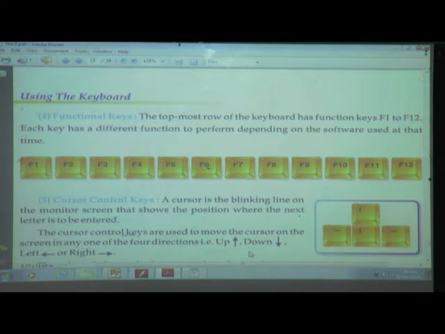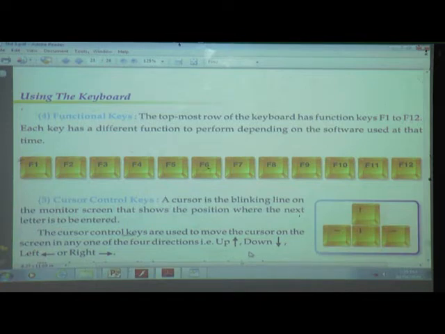F8 is used to access the boot menu in Windows when turning on the computer. F9 is for refreshing a document in Microsoft Word and sending the review email in Microsoft Outlook. F10 activates the menu bar of the open application.